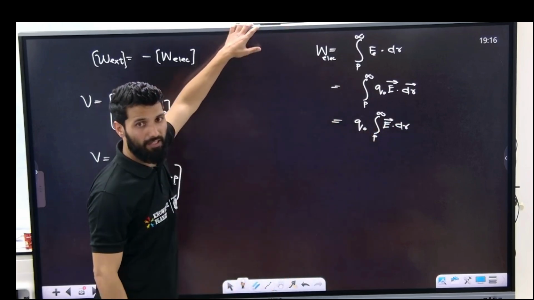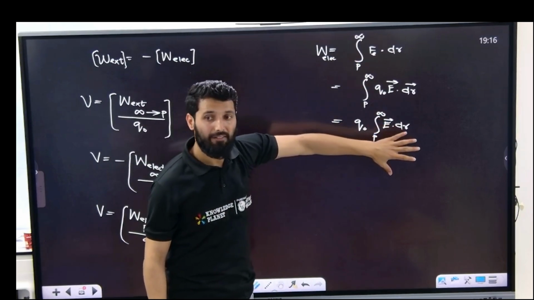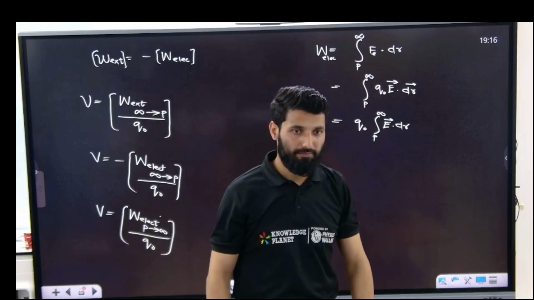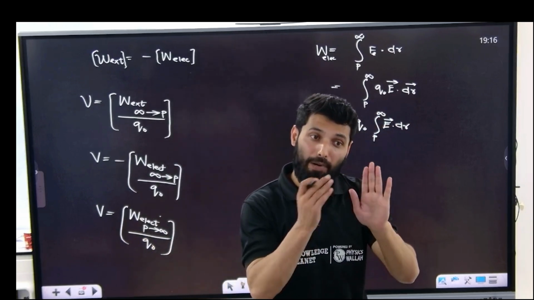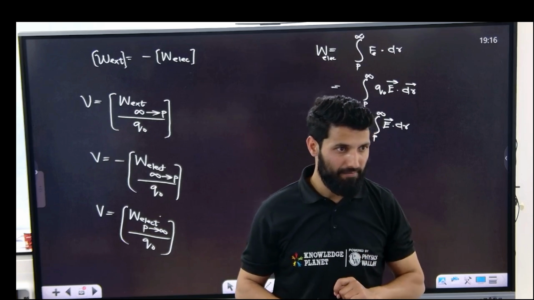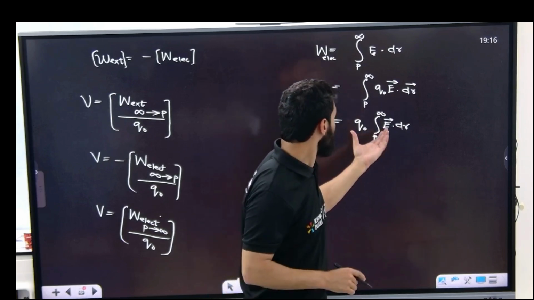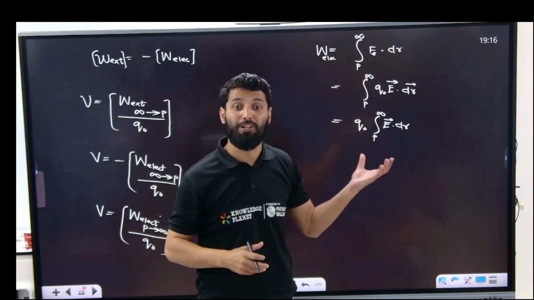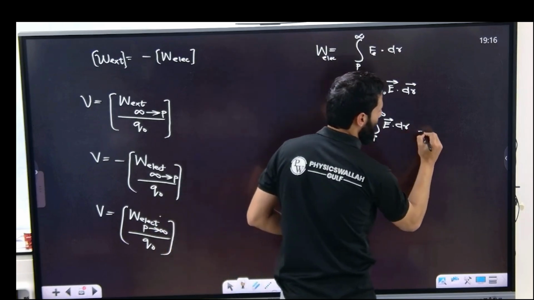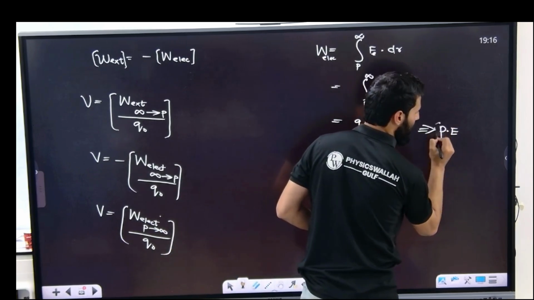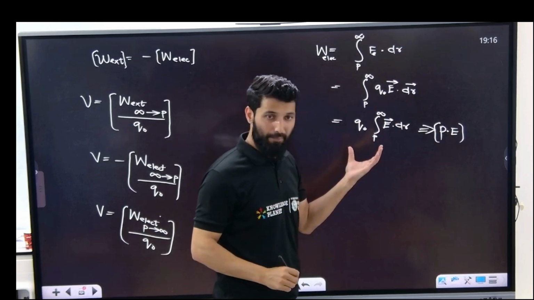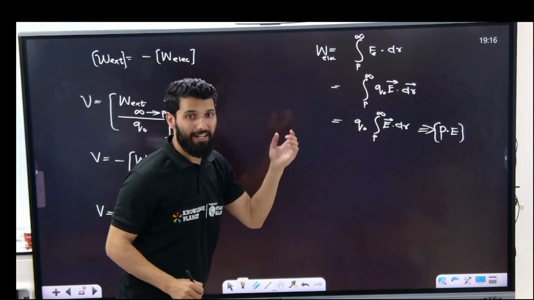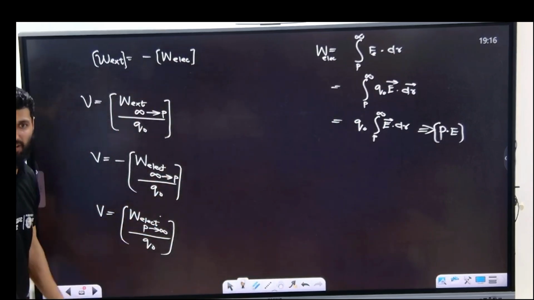Whatever value we get here, will that be the value of potential energy? Work done is potential energy. Work done per unit charge is potential. Remember. Whatever work we do will be stored in the form of potential energy. Later on we will define this again, but for now I am just giving an idea. According to the definition, potential is not work done; it's work done per unit test charge.